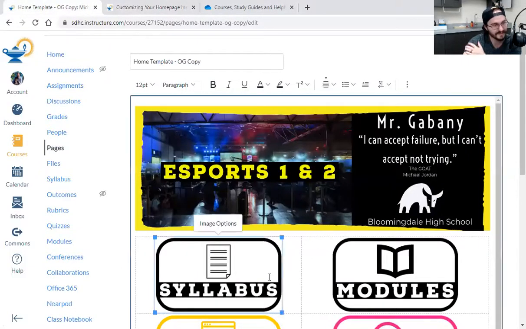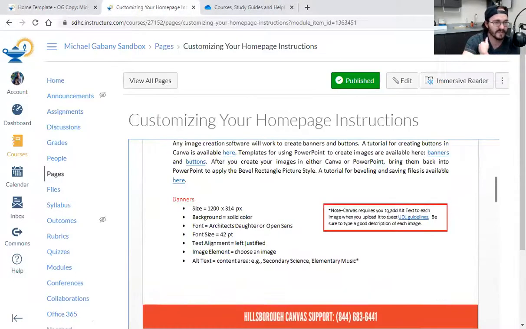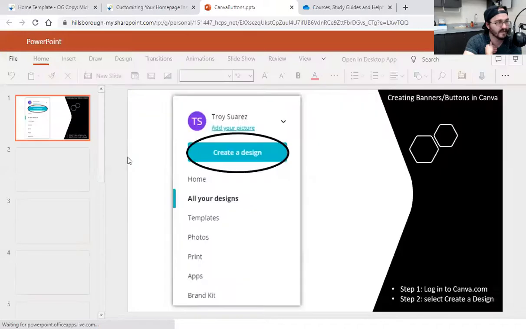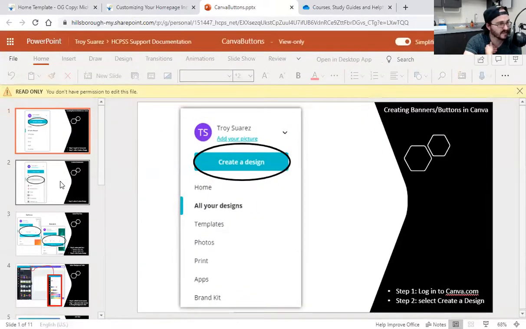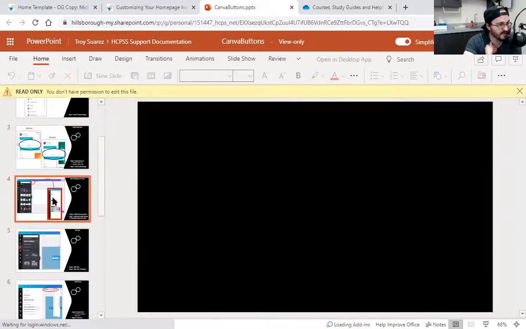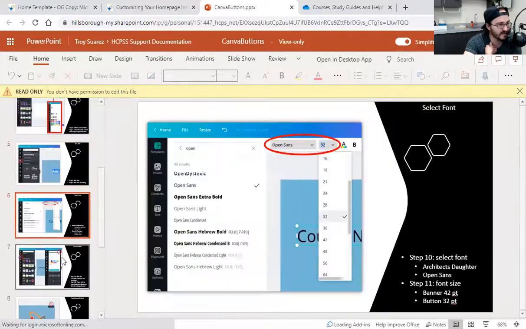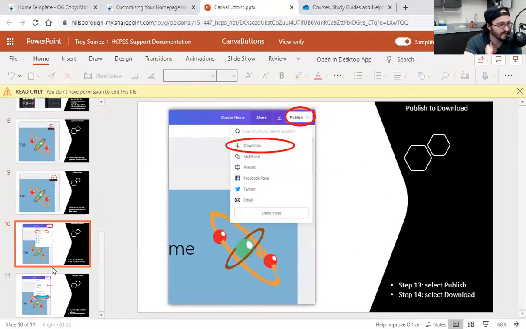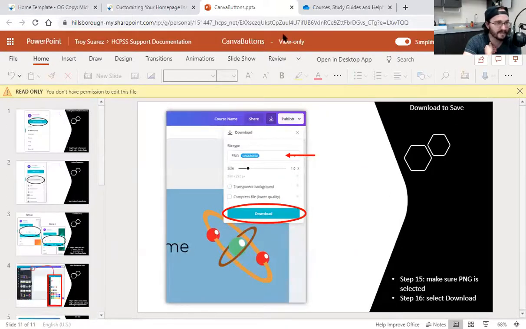Now check it out. Here's my buttons, right? Here's my images that I've put in there. Once you've created your own buttons, and just to reiterate, instead of me sitting here creating new buttons and banners, why don't you just follow these videos, right? Like, look, here's a link, and it says, go to Canvas or Canva, change it up. They tell you how to do it, right? Step by step. Canva's super simple, right? I love Canva.